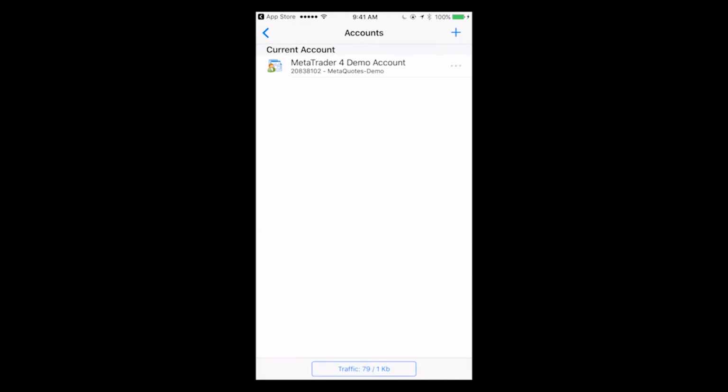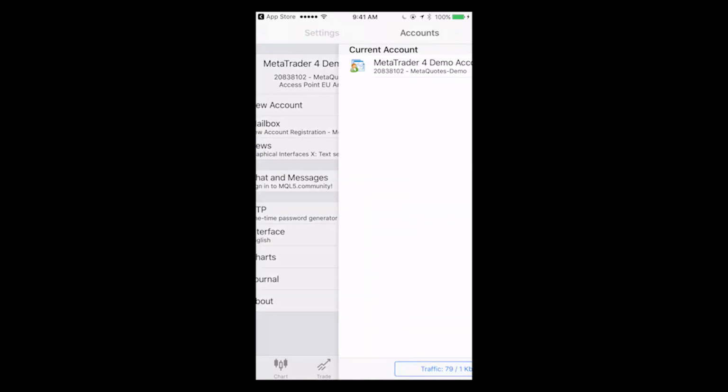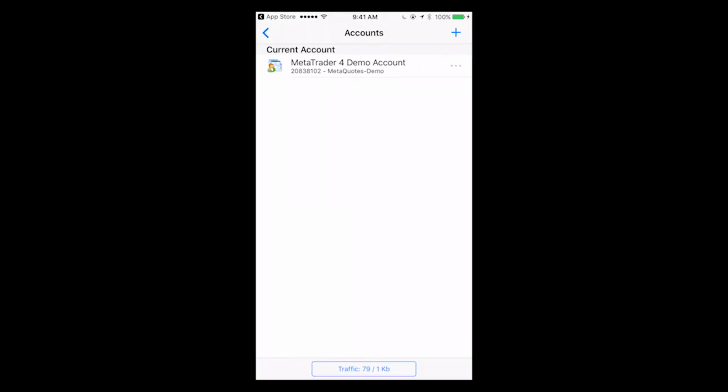And I'm just going to go right over here. I'm clicking onto, let's go backwards here. I click onto this little thing by the green arrow, a little arrow over here on the side. If I just wanted to get rid of this demo account, I didn't want to have this account here, I would simply slide my finger from right to left as I'm facing, basically sliding my thumb forward this way. You hit delete, it creates a delete button, and I've deleted this account. So now, again, I have a nice clean MetaTrader 4, no demo accounts for MetaTrader,